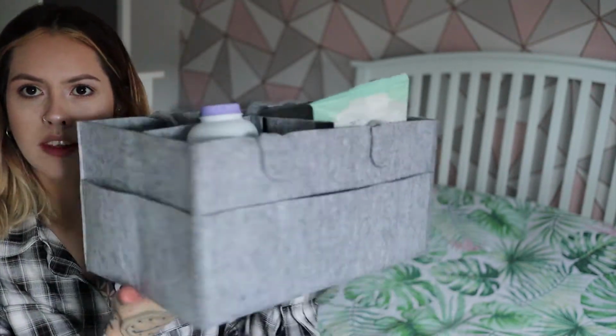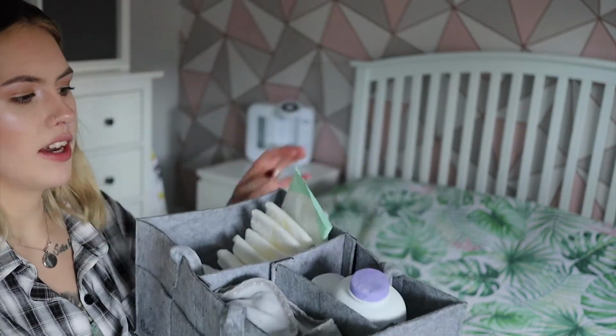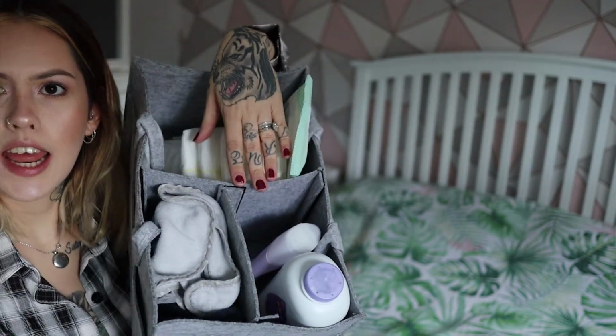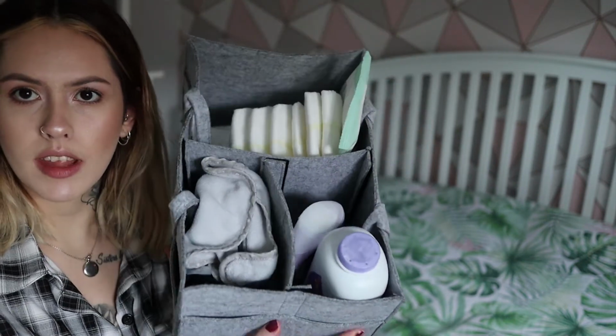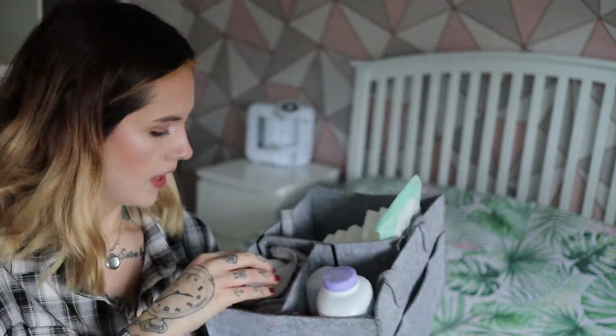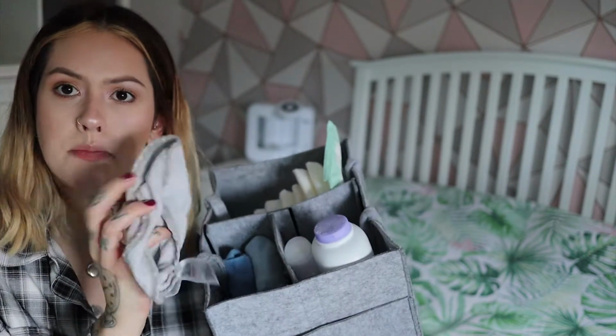So next up we have the baby caddy, which we keep in Oakley's nursery. It's nice and easy when you're upstairs rather than having loads of loose nappies, wipes, talcum powder and bibs and things if you ever need one in the night quickly. It's all in here. It has got handles, but I've tucked them in because they're just getting in the way overnight. But literally nappies, wipes, talcum powder, some baby cream, nappy cream, and then we've got some fresh bibs,